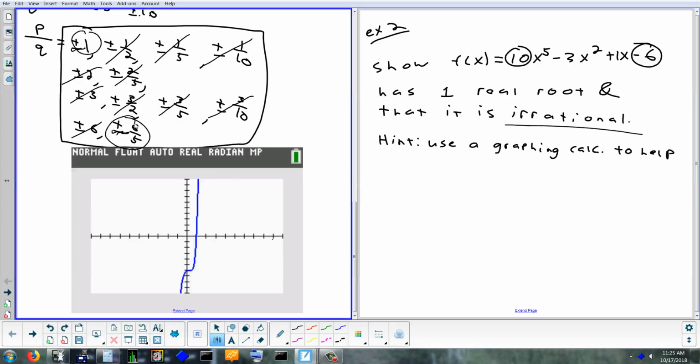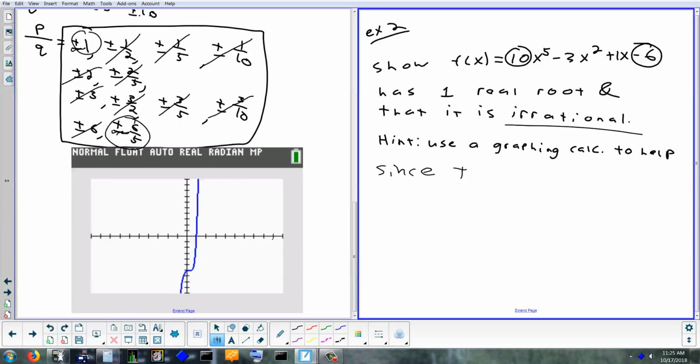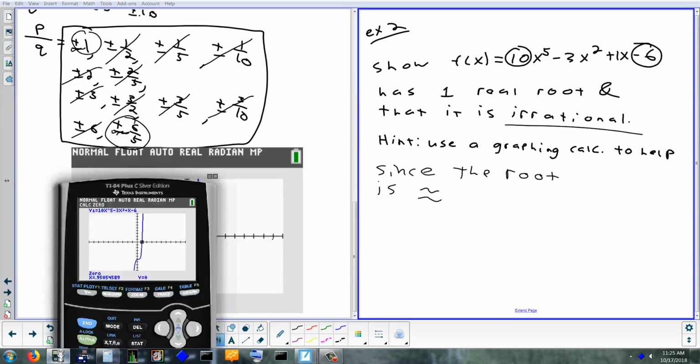Well, it's not 6/5, that's 1.2. It's not +1. It's something else that's not in the list. So if it's not in the list of rational roots, the only other option is that it's irrational. Right? So that's what I'll write down. So since the root is approximately 0.9505,